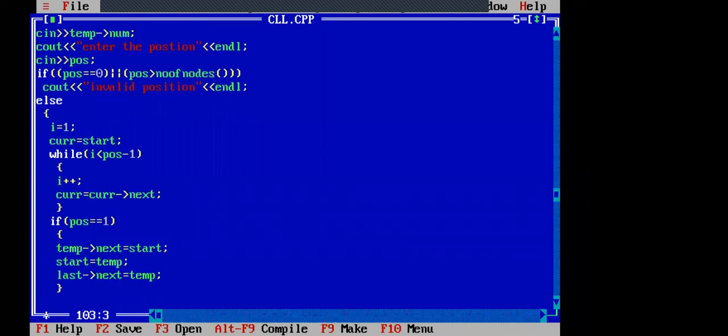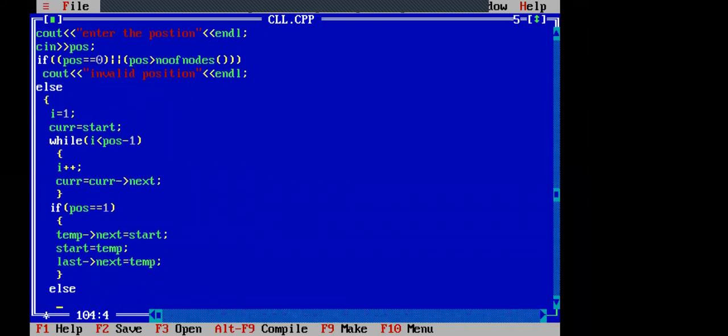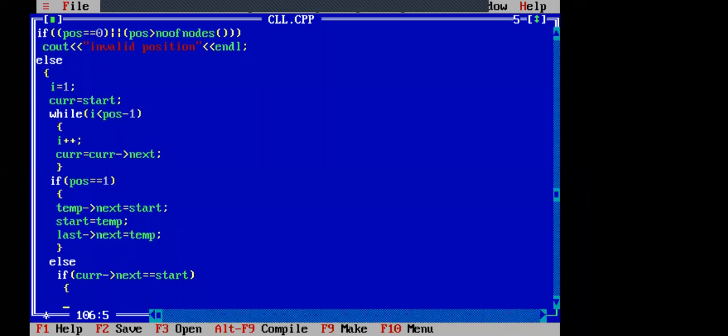Else, if it is a last node, how can we identify? If current dot next is equal to start, that indicates it is a last node. How do we identify the last node? Current dot next equal to start.